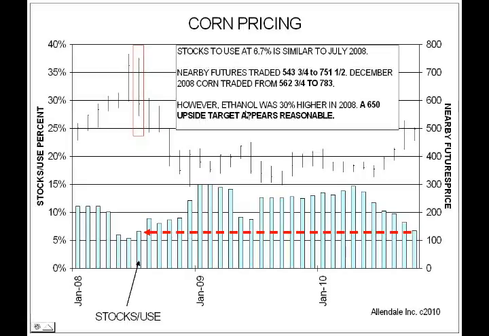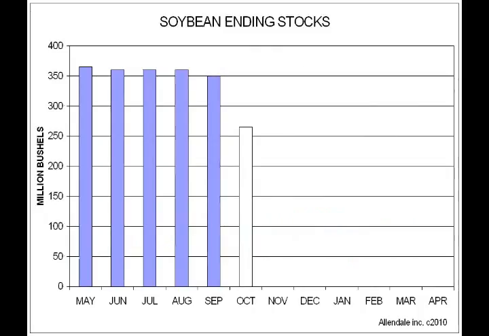So bottom line for right now, we've got a little bit lower ethanol price, so we're saying 650 is a reasonable target right now for this December contract. So a little rough for us to actually accept these type of numbers, but 650 is the best we can think of for right now for this corn.